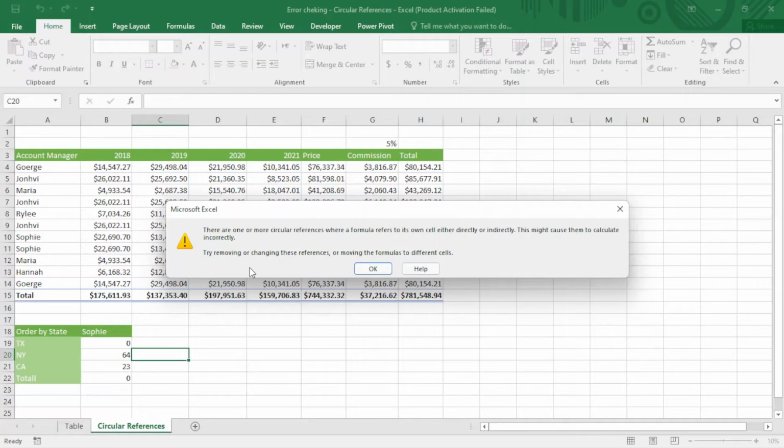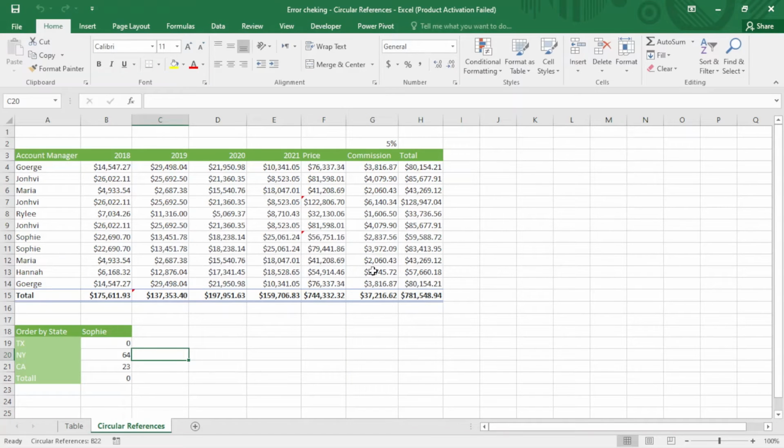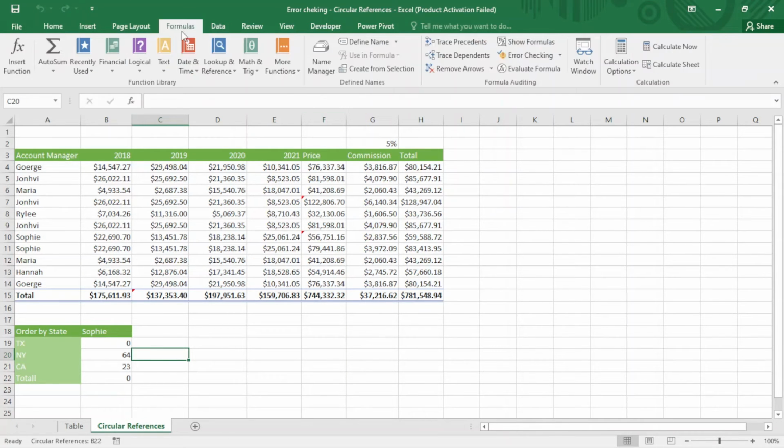Okay, so we can come here to Formulas, and here I just click here. We can see we have circular references, and when I come here you can see it's B22. So if B22 is located here, you can see it's the total. It should be the sum of B19 to B22. So here it's B19, B20, 21 and 22, and here we have accidentally added this cell